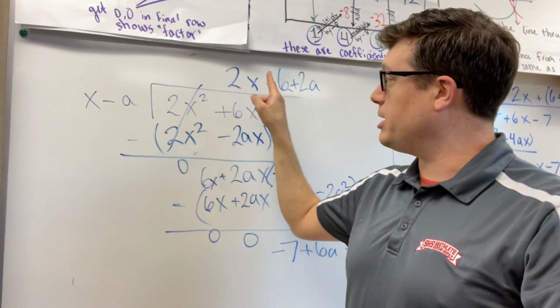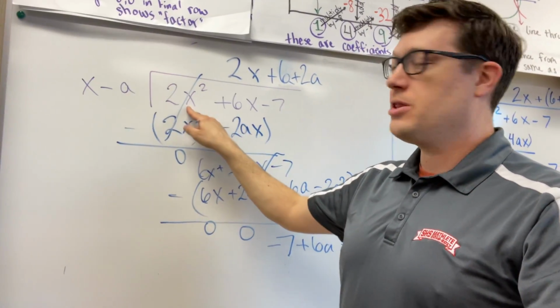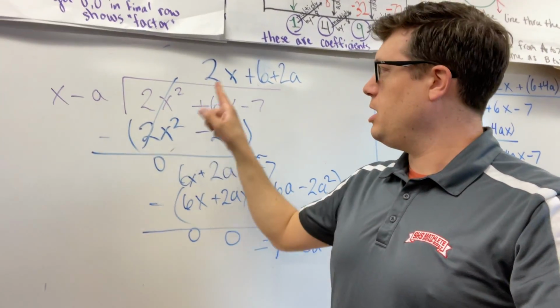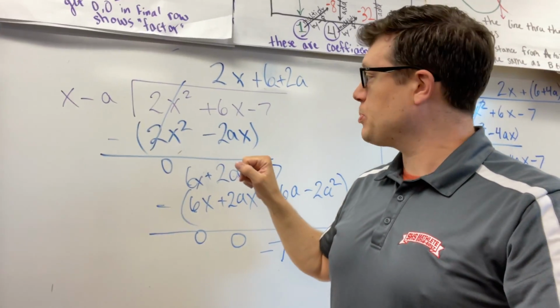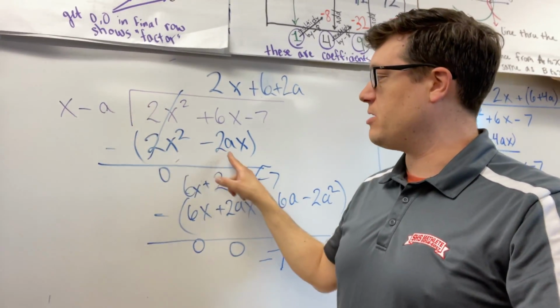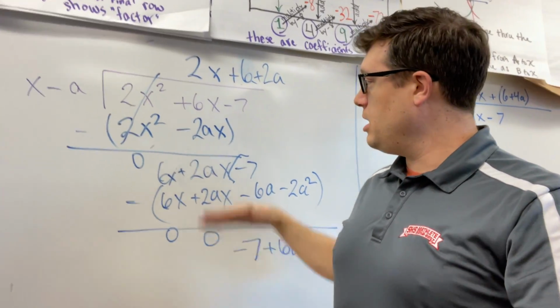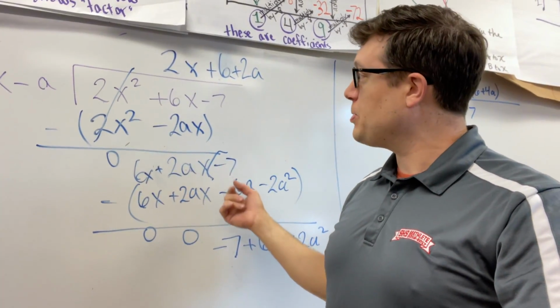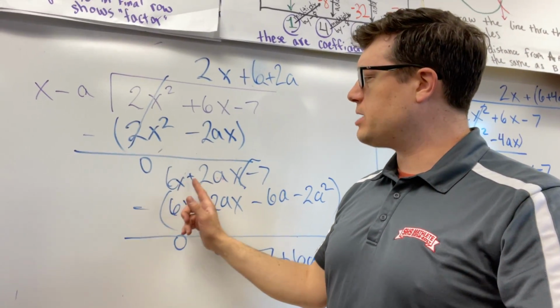And so when I multiplied 2x times x, that got an exact match for 2x squared. So that's always what I'm focused on, is what's the first term and what's matching. And then I continued to multiply, distribute it out. So 2x times negative a gives me negative 2ax. Did the subtraction, drop down the negative 7, because that's how you do the long division. And then I looked at this term, 6x plus